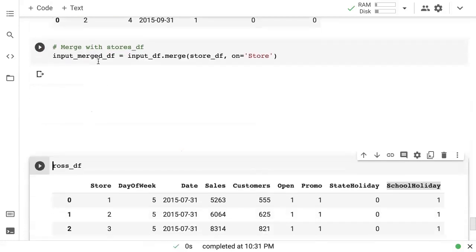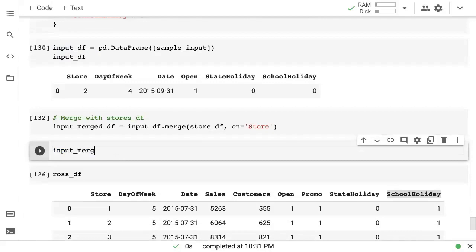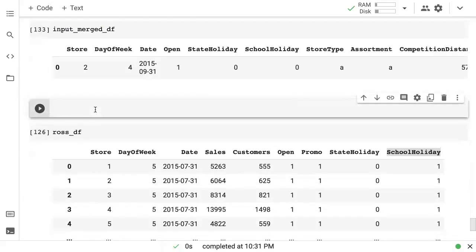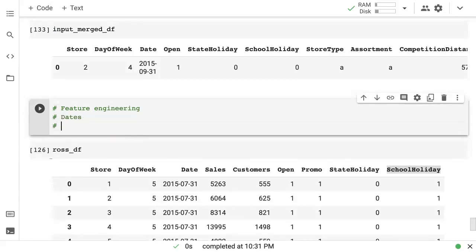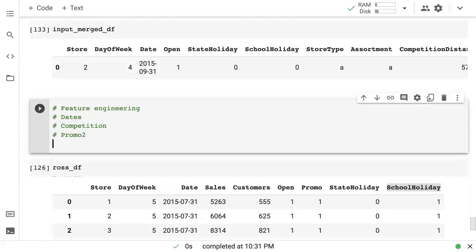So that's what that will look like. Next, you would have to do all the feature engineering. So that you have done, which is the dates, the competition related stuff, and then the promo 2 related columns. You have to add all those columns here.